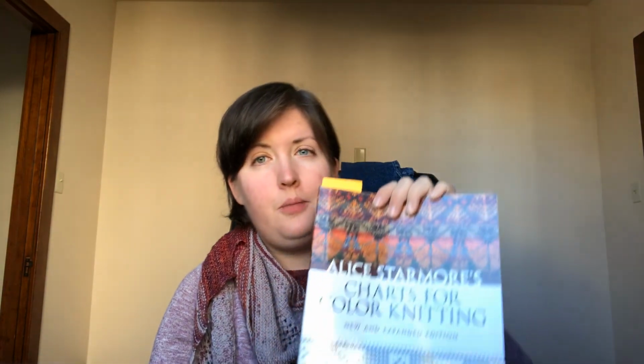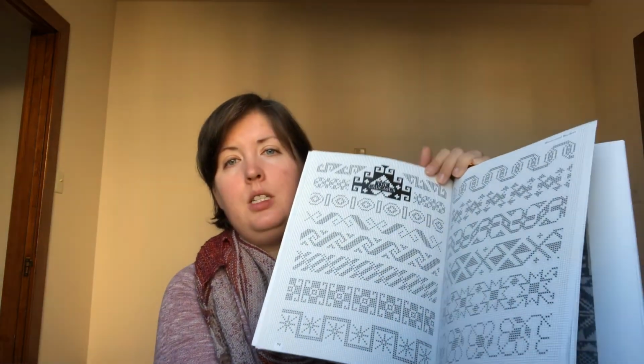That you have to look at whatever project you are working on, or you have to look at these charts and decide what you think is a beautiful way to use them. So there's pages and pages of just these huge motifs, and she shares a couple of ways that she's used them, but she says specifically that she put them all in black and white because color is subjective and everyone is going to find a different color combination beautiful. And I thought that that was very interesting to give technique, but not necessarily direction on how to use those